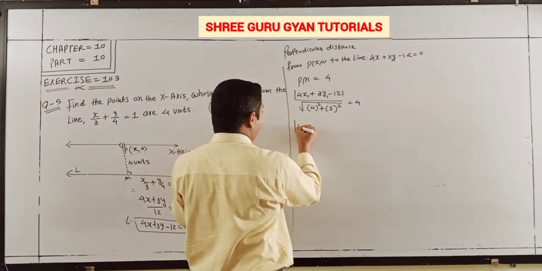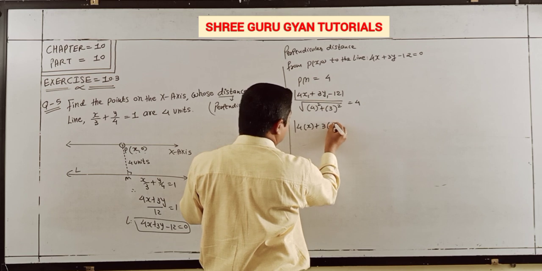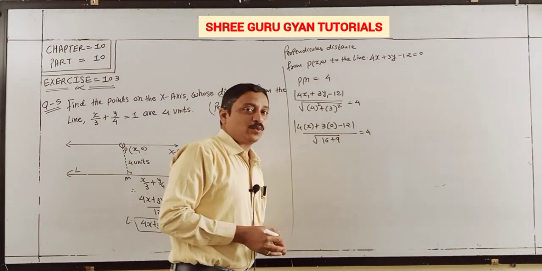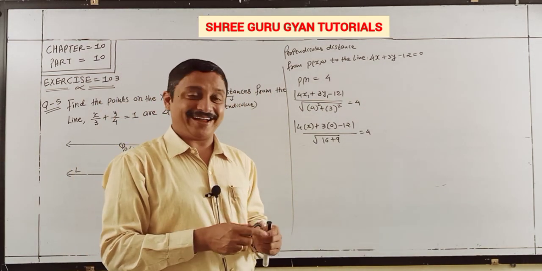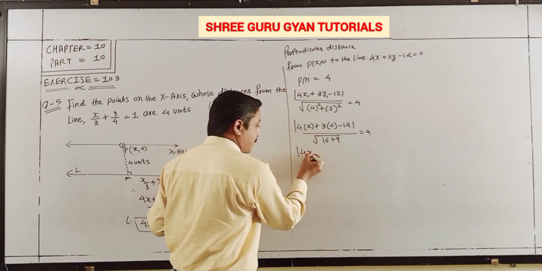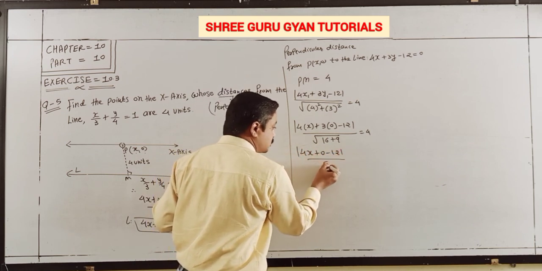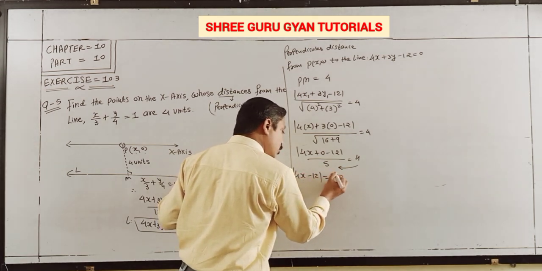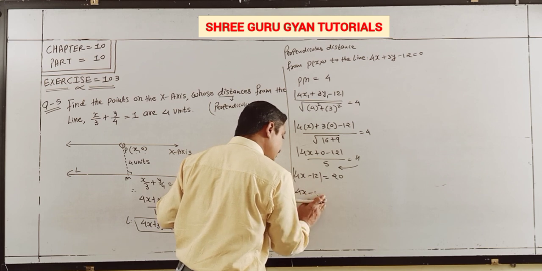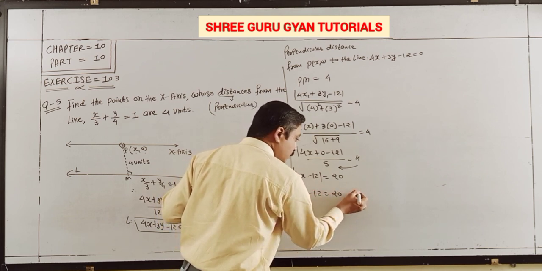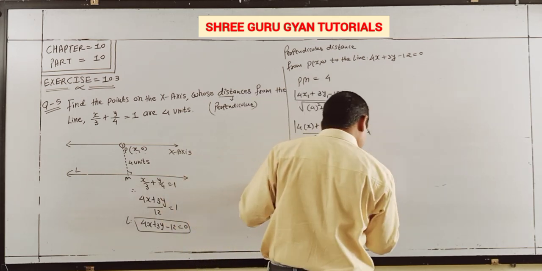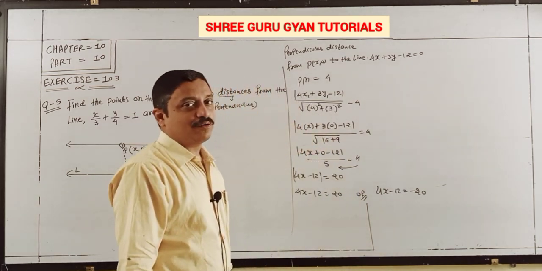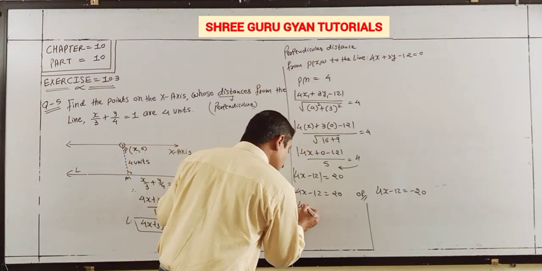So here 4x, y1 is 0, and the denominator becomes 16 plus 9, that makes 25, which means only 5. So 4x times 0 minus 12 by 5, and 5 fours are 20. Now, modulus removal gives one of plus 20 or minus 20, and that gives you the value of x. So 4x is equal to 20 plus 12,